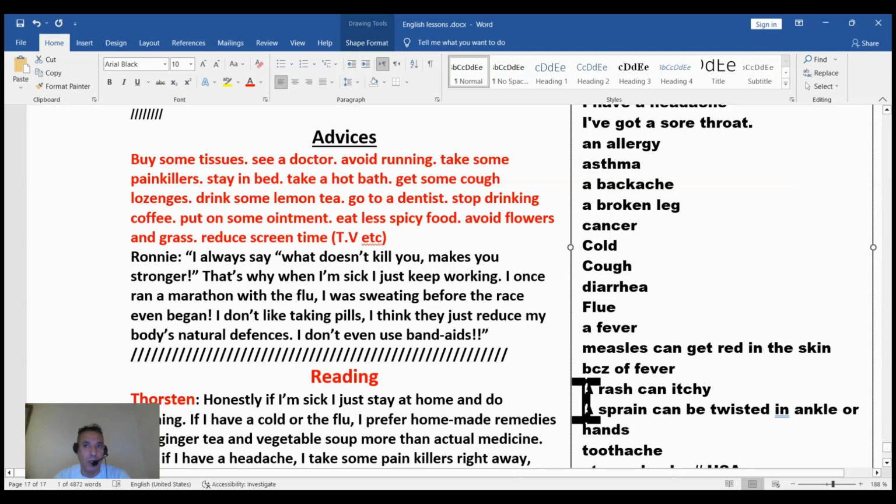Usually when you get a fever, especially in summer or maybe in winter, or if you have an allergy mixed with fever, you can get red skin sometimes because of your sensitive skin. So we call it measles.